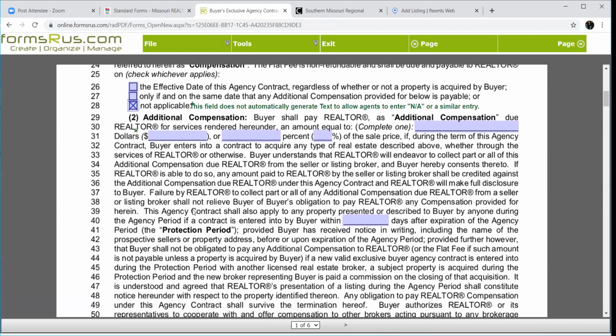All right, additional compensation, the nuts and bolts of what we're going to make, what we're going to get paid. Are we going to get a dollar amount or are we going to get a percentage amount? So perhaps you were making $5,000 this time, you would get 5,000, and I can't spell, I'm just going to go ahead and leave it wrong. And you would write the number 5,000 in that blank, if that were the case.